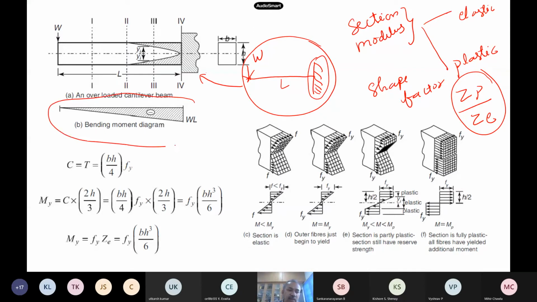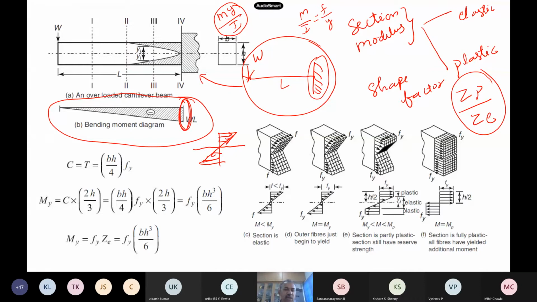this is the bending moment diagram. All of you know. Here the maximum bending moment comes at the joint itself. Now if you try to plot the bending stress distribution, from the formula M by I equals F by Y, the stress is My by I. So this is my bending stress here. If you plot this bending stress, it is like this: top fiber compression or tension, and the bottom one will be like this. So this is my bending stress distribution, neutral axis, everything all of you have heard in your mechanics of materials.